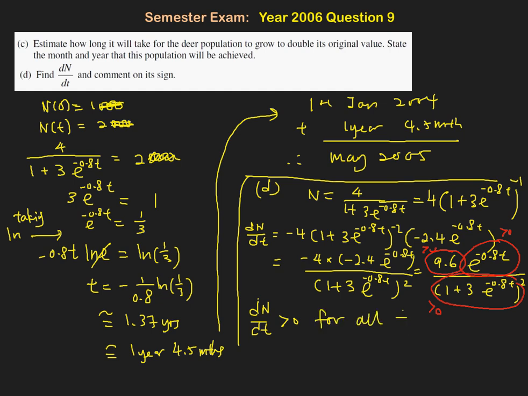N here represents population of deer, and dN/dt means its growth. So the population is always increasing. That's the implication of dN/dt being always positive. Alright, and moving on here,